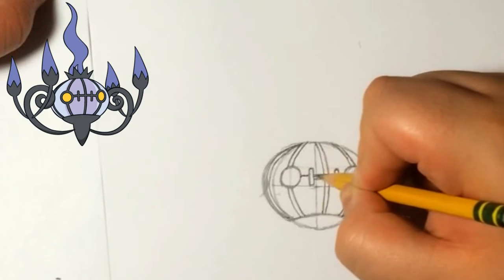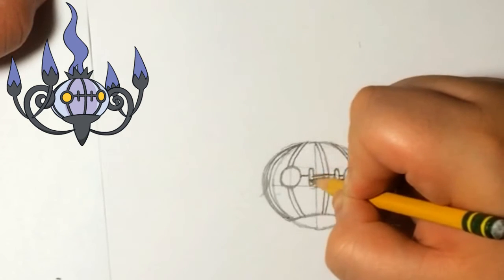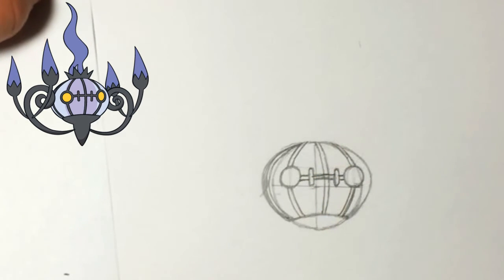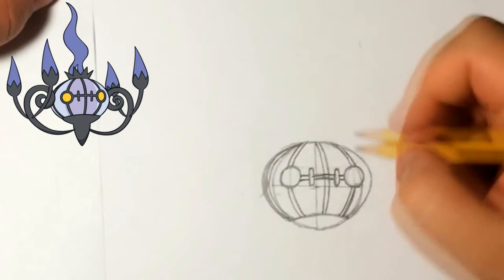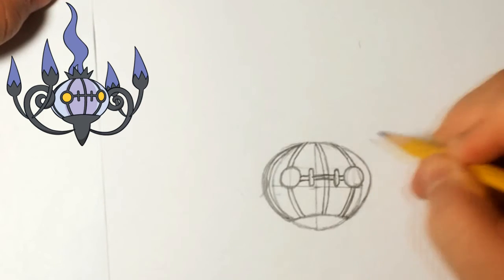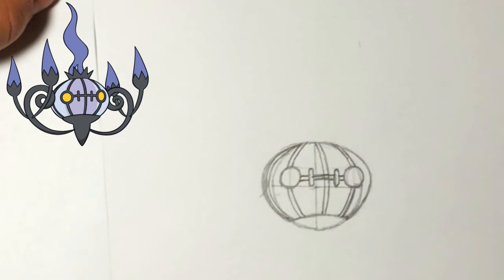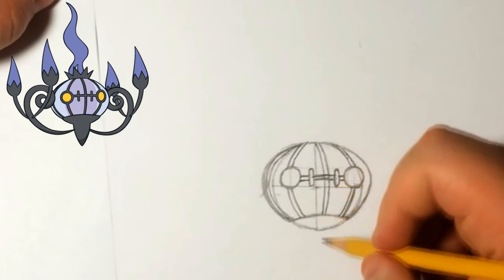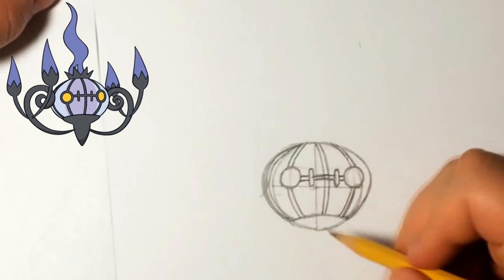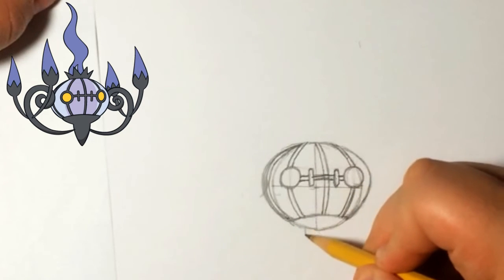There we go. This one gets to be a little bit messy, but we'll clean that later. He's not that hard, honestly. He's pretty easy. Probably the hardest part about Chandelure is the handles, just to get them the same shape and everything. So now for the bottom right here, we're gonna use the shape of the circle that we did,